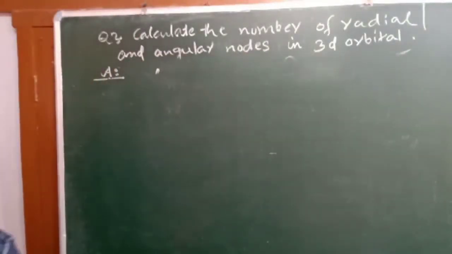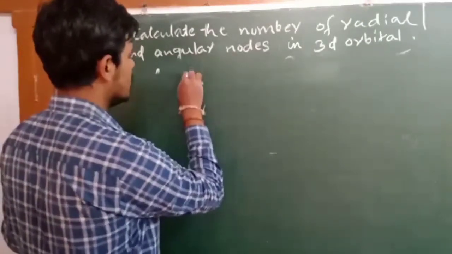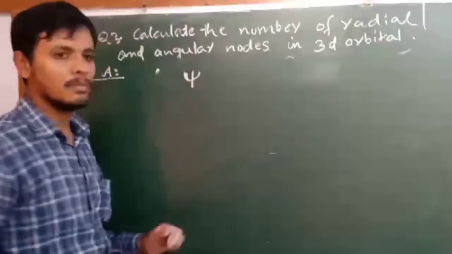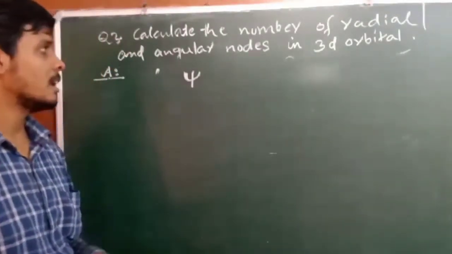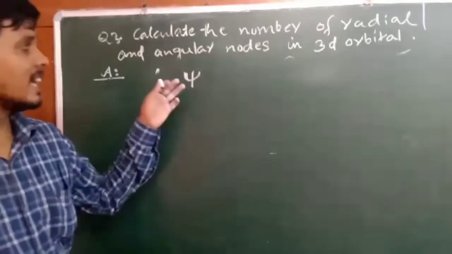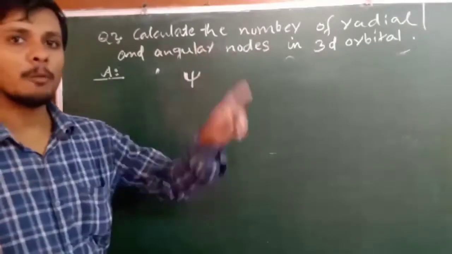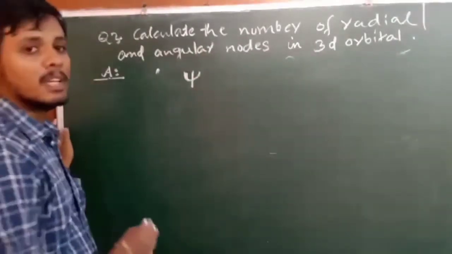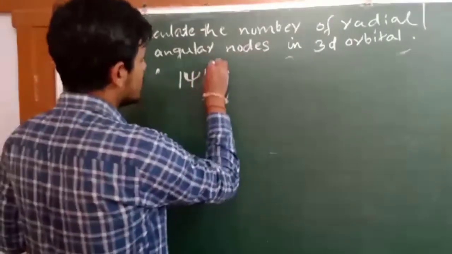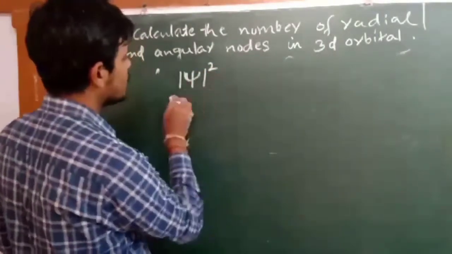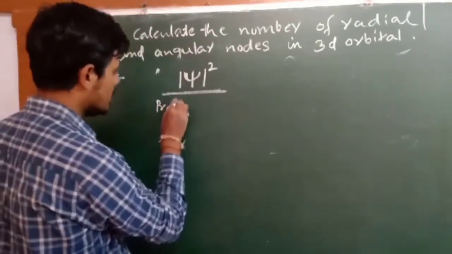Now, if I consider the value of psi, psi is called the wave function and it contains all the necessary information related to the orbital, all the dynamic information related to the orbital. Psi gives the value of energy of the orbital, but psi does not have any physical meaning. Actually, when we take psi square, it gives me the probability of finding an electron in an atom.